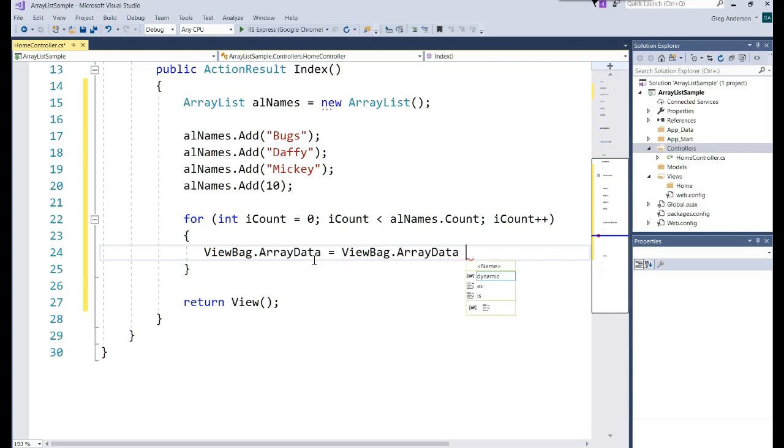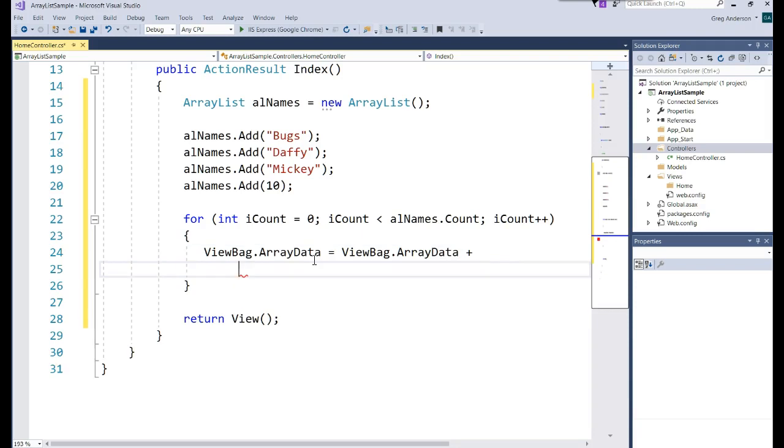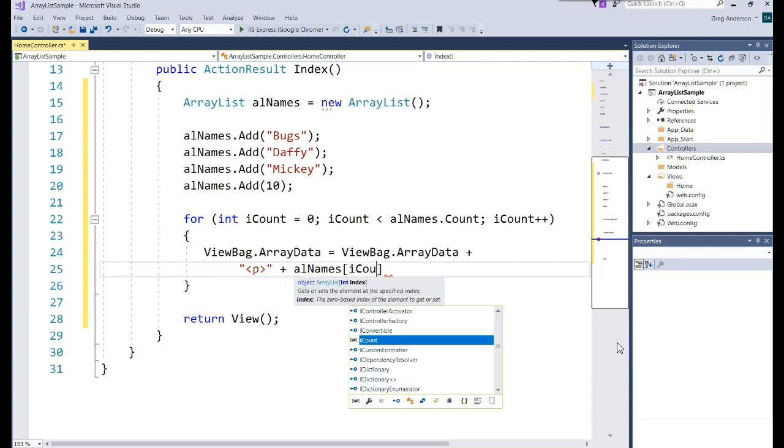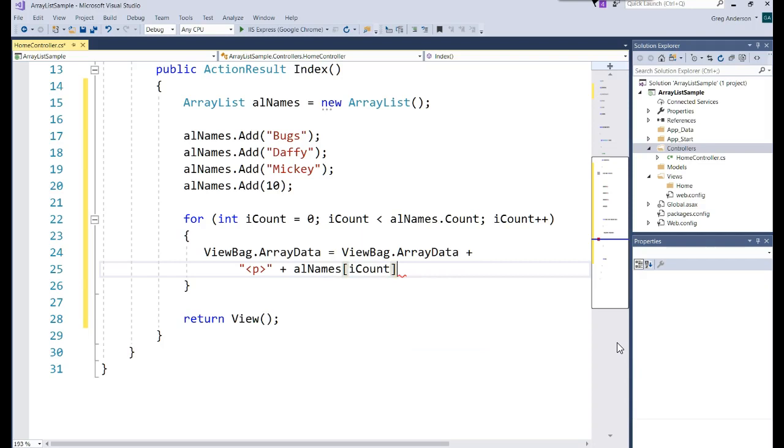We're going to concatenate onto it. I'm going to drop to the next line. We're going to go ahead and have a p tag. So we're going to do some dynamic HTML, and then we're going to grab the contents of that array list. And so we could say AL names, spelled correctly, bracket iCount, because iCount says what position you are in, and then we can concatenate on